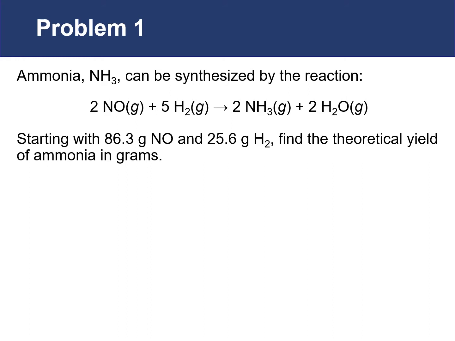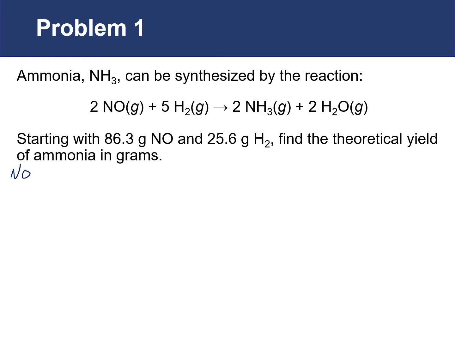So essentially we are starting out with amounts of each one of our reactants. Currently we don't know which one is going to run out first, but one of them will. So the way we want to approach this problem is determine how much both the amount of NO, nitrogen monoxide, and H2, how much each one of our starting materials could produce in ammonia. Whichever one produces less, that is the one that will run out first. And the value associated with that in terms of the amount of NH3 that is produced will be our theoretical yield. So starting with NO,